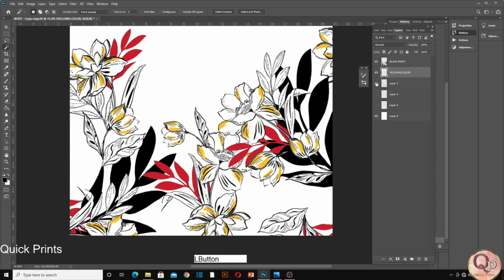Okay, the next layer is red. You can say red color, right? And the next layer is gray. You can say gray color. And the next layer is pink. We can give the simple name pink color, right?